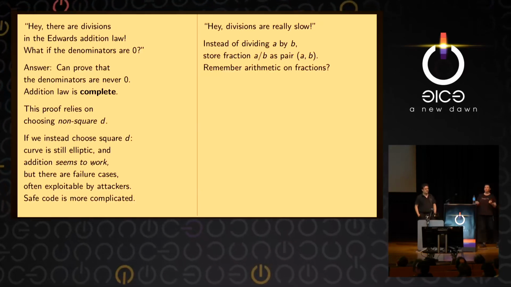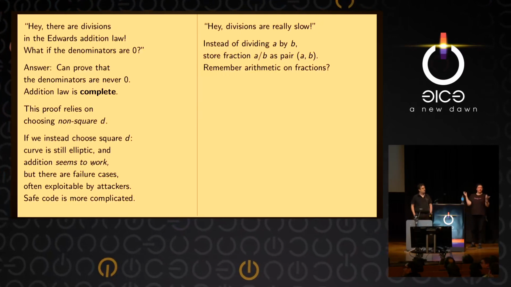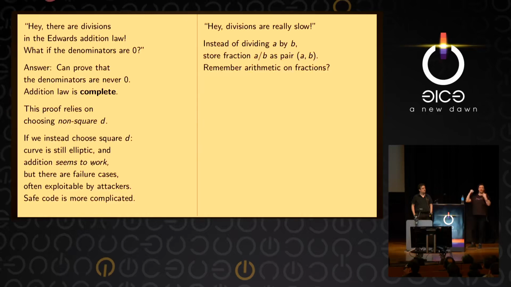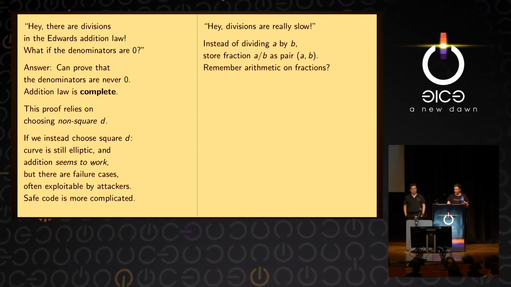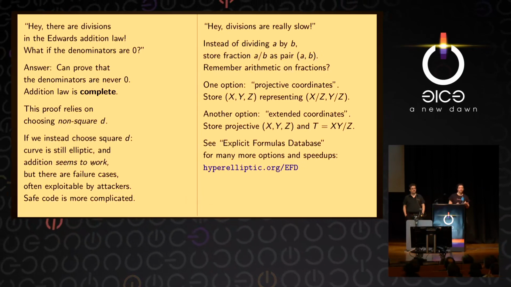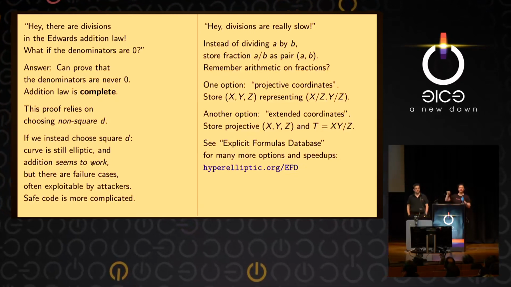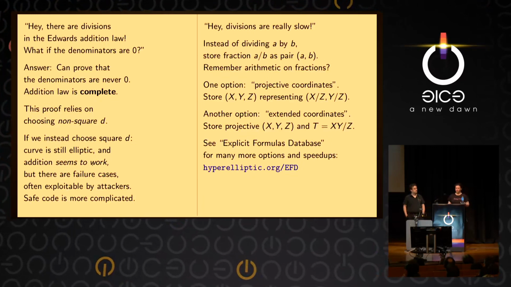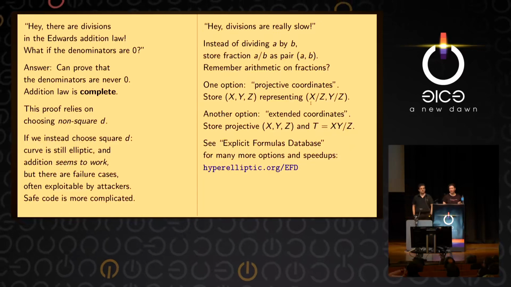If you remember how you worked with fractions, a over b plus c over d, you keep them as fractions. You just multiply the denominators and cross multiply the numerators and you can add. So we're going to do the same with our points. We introduce an extra coordinate, the z coordinate, which is just the denominator. So instead of storing x, y as a point, we now store x, y, and z,